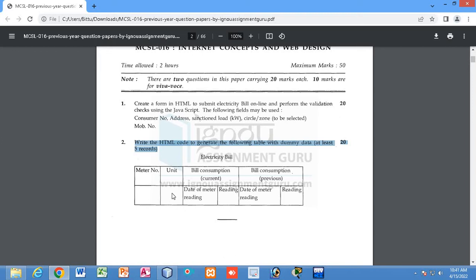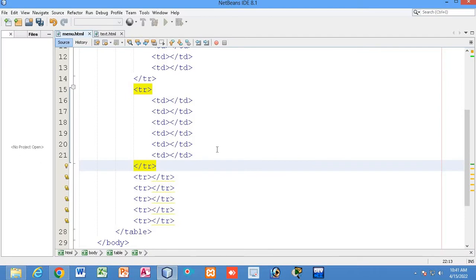So 1 2 3 4 5 6. So 6 field that you have to create like this. Fine. This thing you have to design. So now you can see, if I first